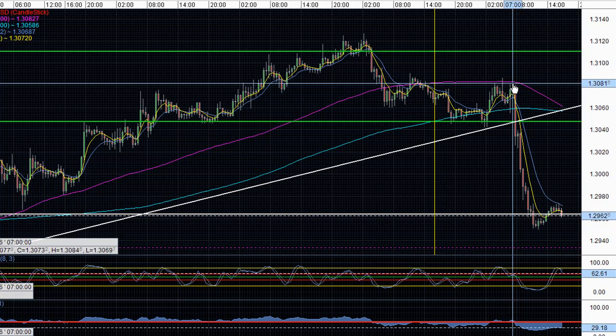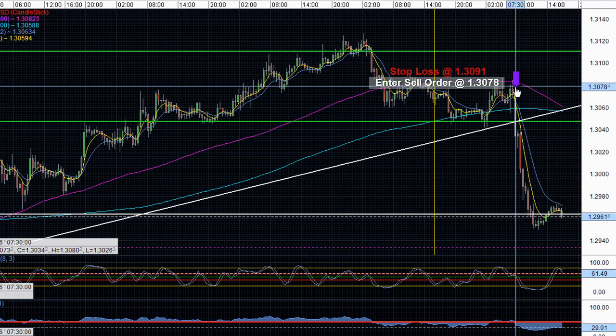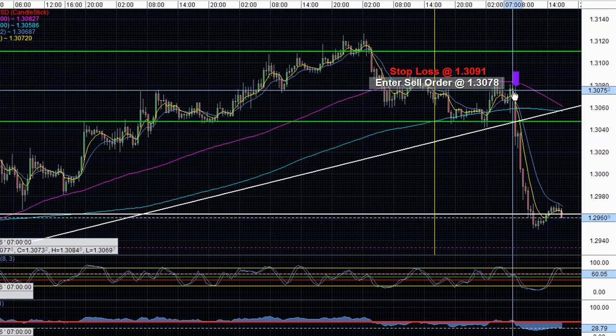I would have entered when price reached this resistance at the 100 simple moving average line and entered my short position at 30.78 upon bearish confirmation. So I would have entered my short position here. I would have placed my stop loss at 30.91, above resistance,